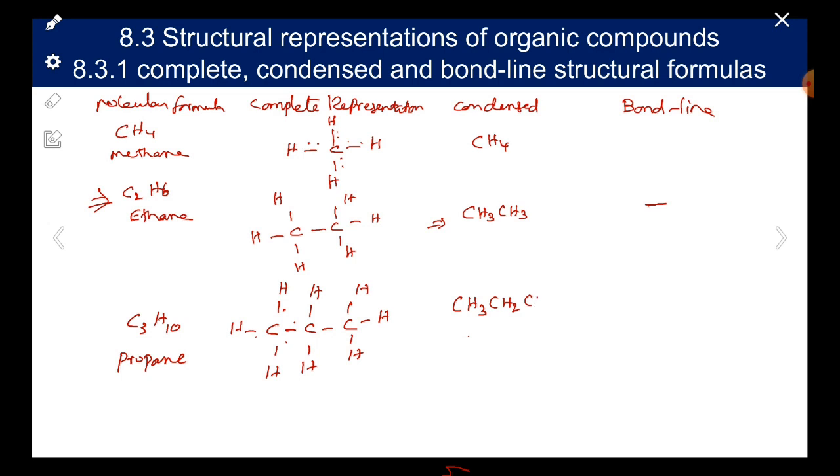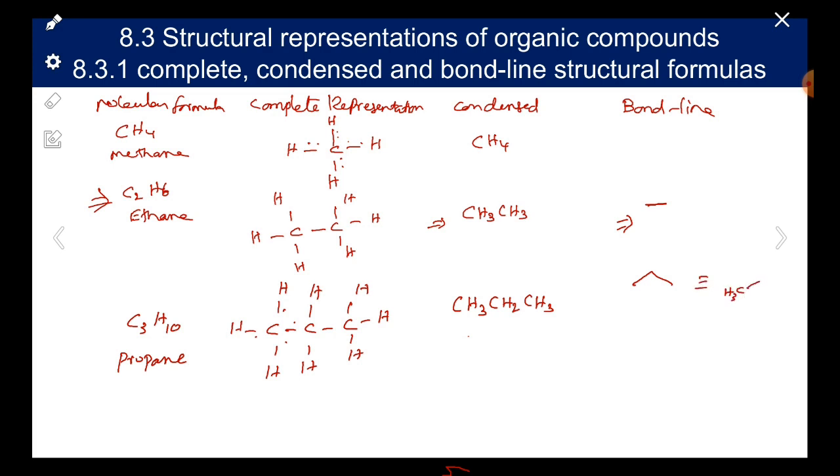CH3, CH2, CH3. This is the condensed structure. What is the bond line structure? Very simple. I said that when you write like this, both ends have CH3, CH3. How to write the CH2? Very simple. Just make a V shape. V shape, that's all. This means that this is equal to